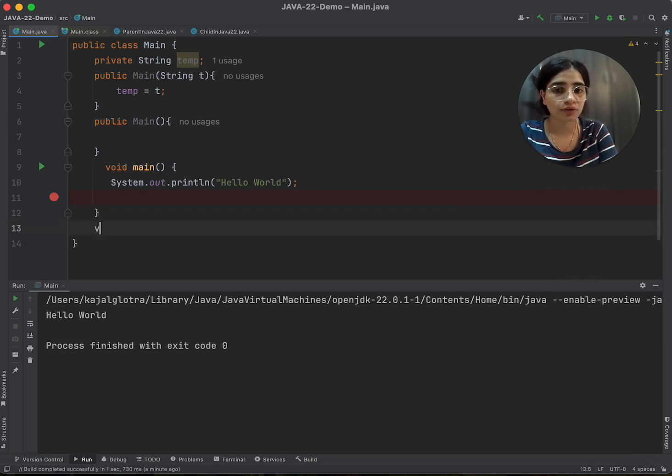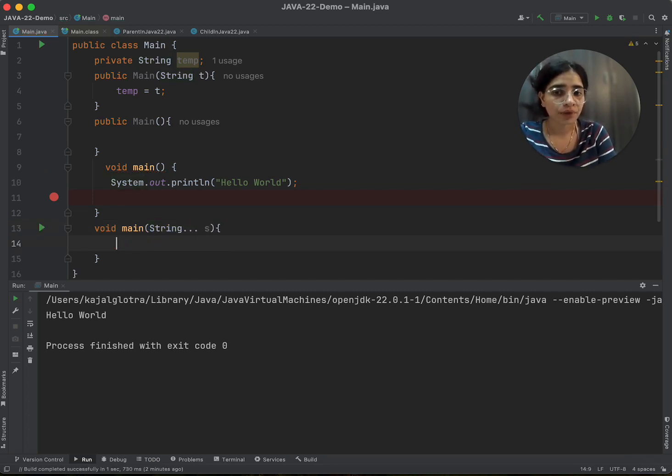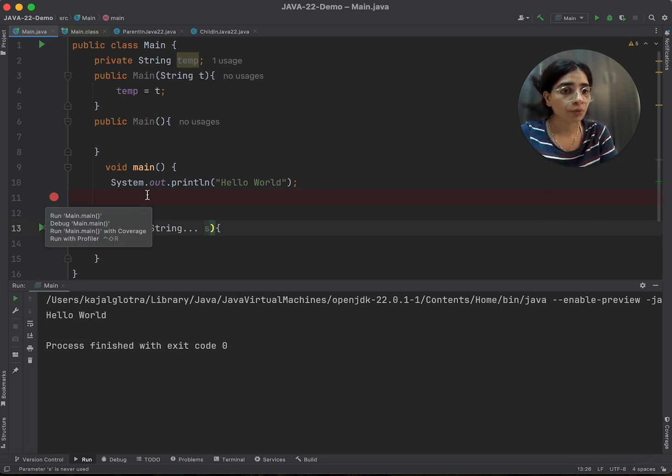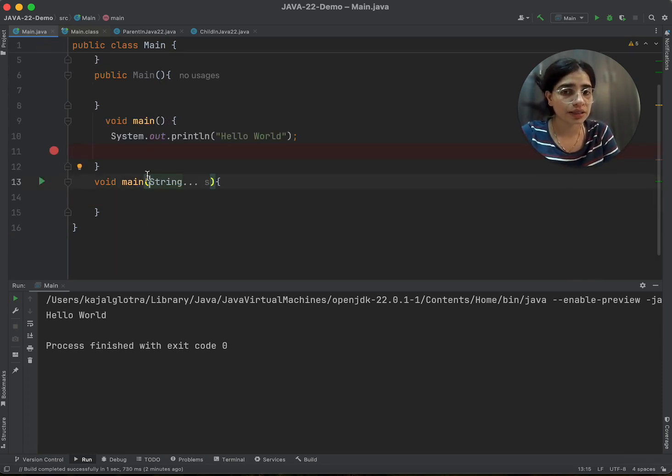Now let's try to make one more method which is void main, and I'll pass String arguments s. Now you can see that whenever I'm passing the arguments to it, at that time the execution is getting started from here. No matter how many mains you have, it will always get started from wherever you are passing the arguments. You cannot pass it here because it will give you an exception that the same method is already present. So you have to pass the parameters in only one method, or you cannot pass the same parameters in both of the methods, because then it will throw an exception that same method is already present.